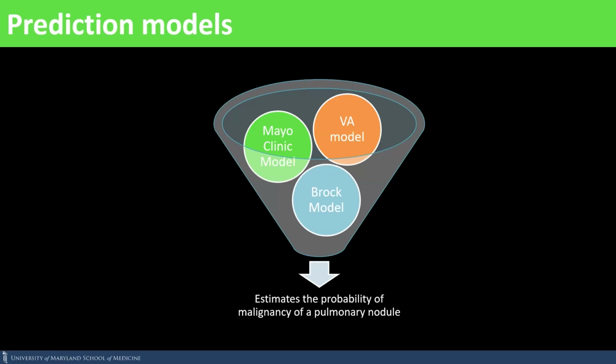And the independent predictors were smoking history, age, diameter, and the shorter time since quitting smoking. And then the Brock model was looking at about 1,871 patients undergoing lung cancer low-dose screening CTs, and about 5.5% of those patients had malignant nodules, and very similar to the other two models. So the age mattered, the gender mattered, family history of lung cancer, the emphysema and the degree of emphysema present, the nodule size, and also, again, upper lobe predominance was another thing that they took into consideration. And so those are all things that you want to look for for probability of malignancy when evaluating a pulmonary nodule.